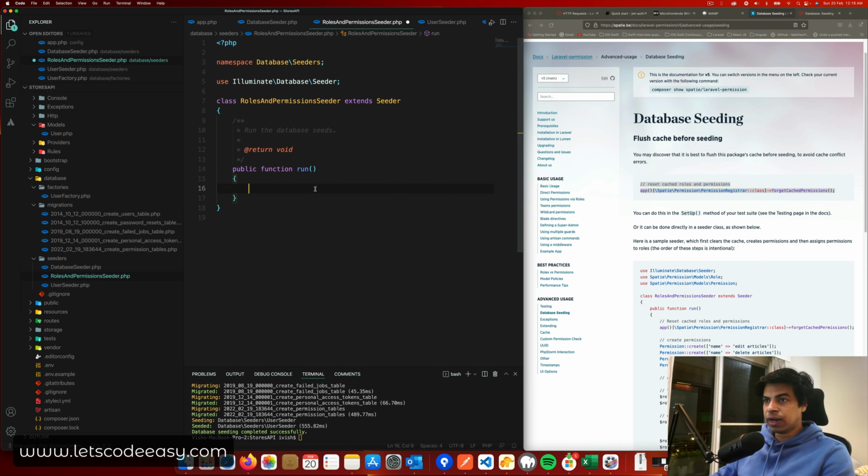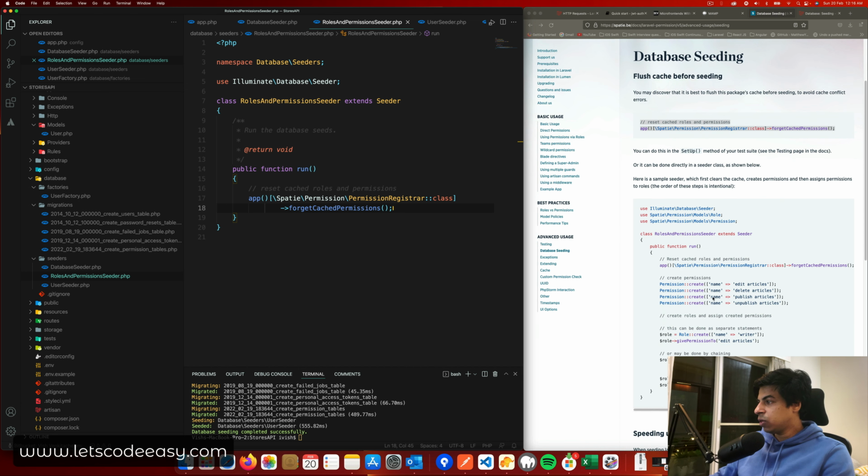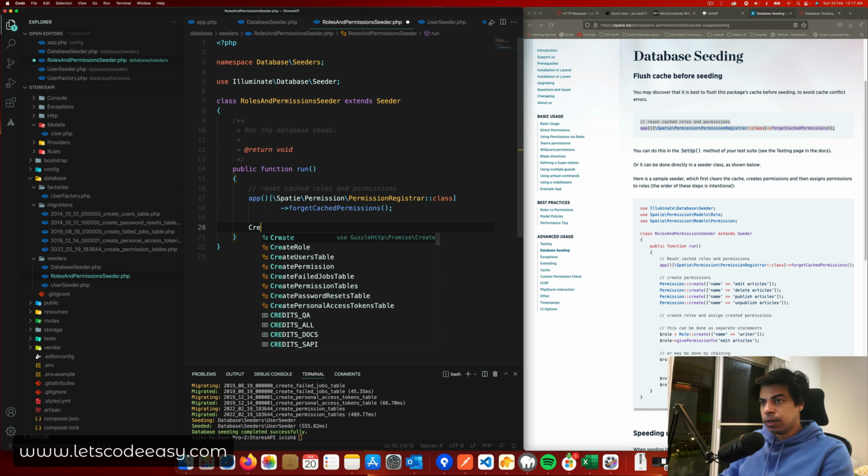So I'm going to include that as the first step in the run. Forget cache permissions. This is something they are recommending to start with, and then comes all the other things later. Let's say this is the first step, and you can create multiple permissions and roles already. So for my system, I'm going to start with a permission like so create. I'm just going to say create permissions for